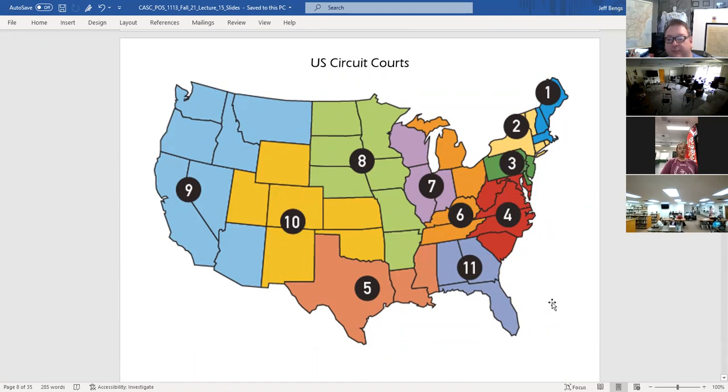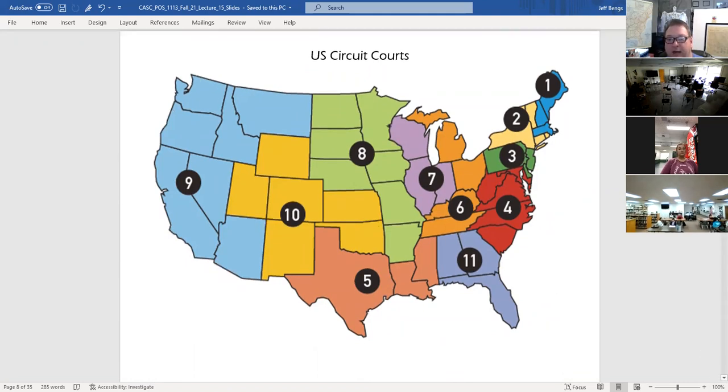What does that mean? Well, appellate courts, courts of appeal, are basically a higher court that someone can appeal to, thus the name Court of Appeals, if they lose a case on a lower level court. So for example,